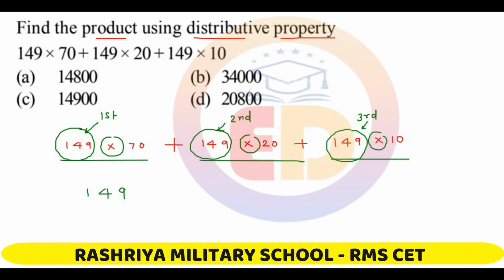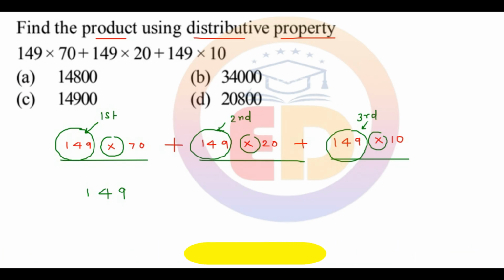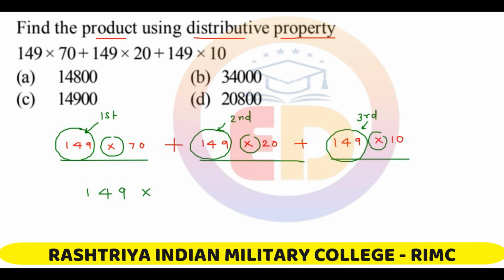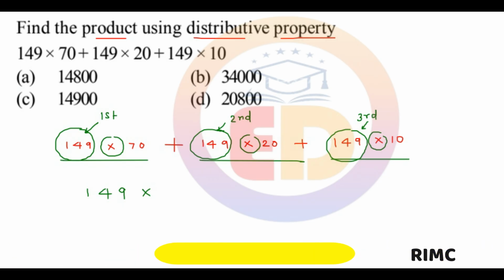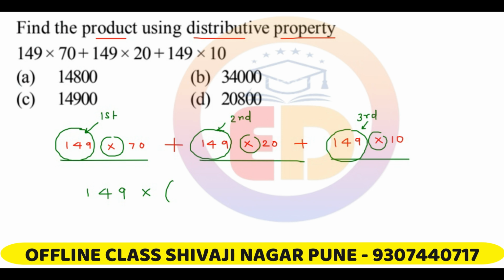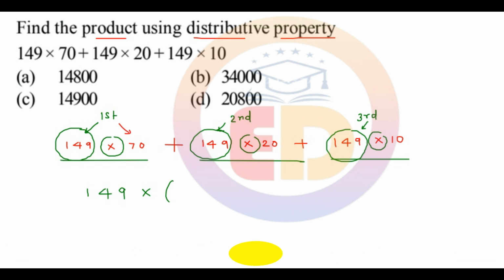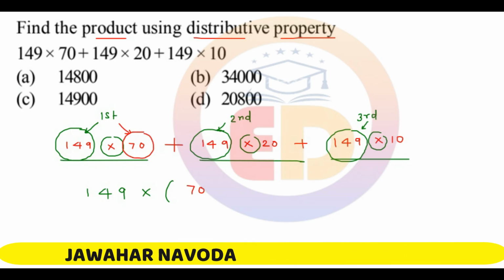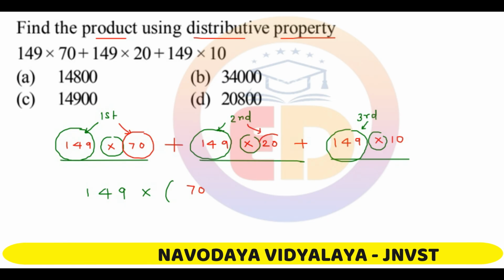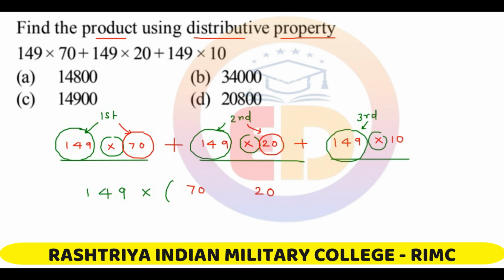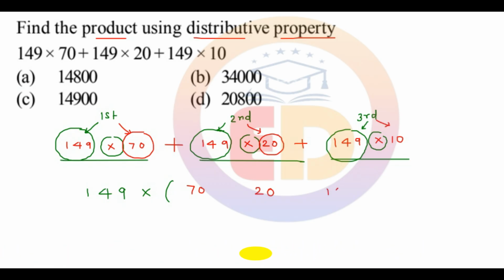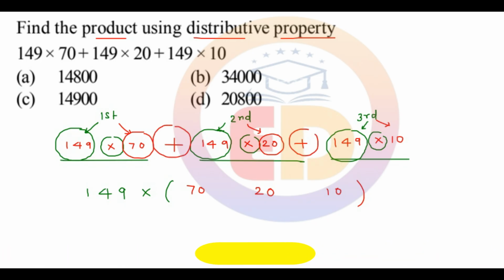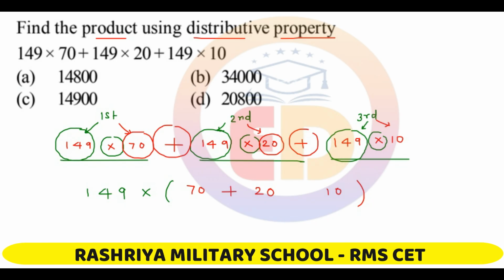So after 149, since it is getting multiplied to all the three terms, 149 का तीनों टर्म में मल्टीप्लिकेशन हो रहा है, इसलिए आप उसको मल्टीप्लाई करेंगे. And now I'll take a bracket, and after the bracket I will write down the second term of all the three terms. In the first term, second term is 70. In the second term is 20, and in the third term it is 10. Now you see that all these three terms are getting added. So for that you add 70 plus 20